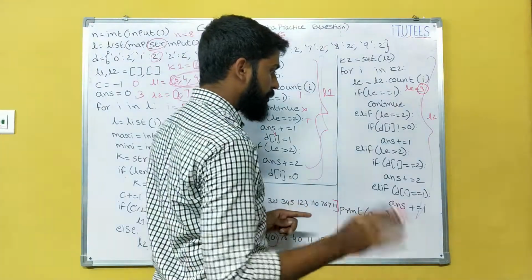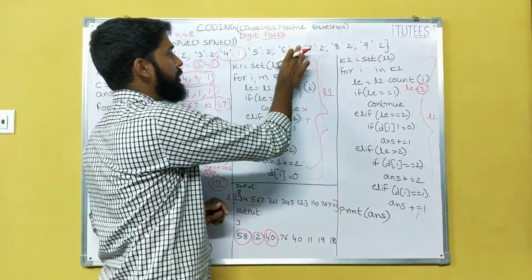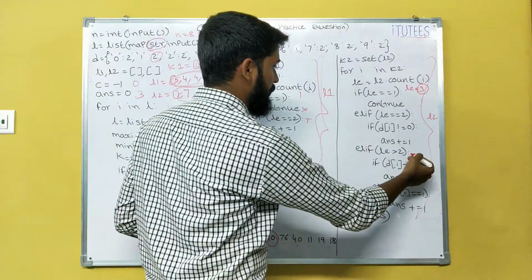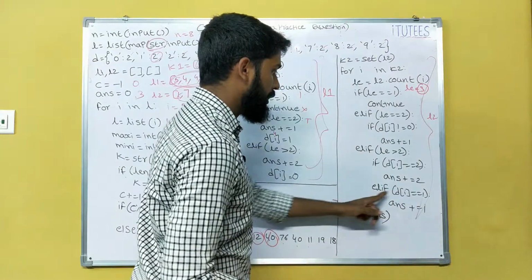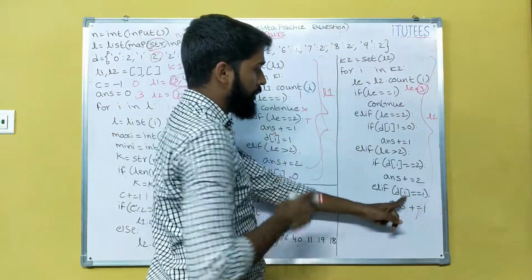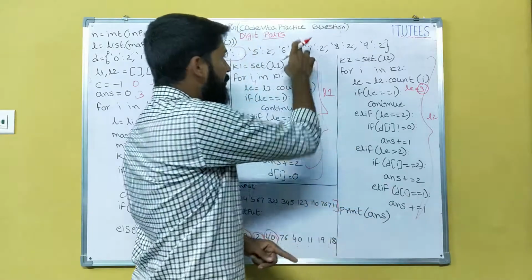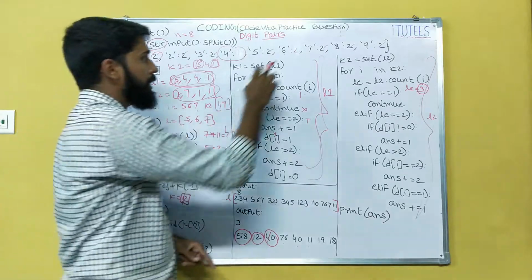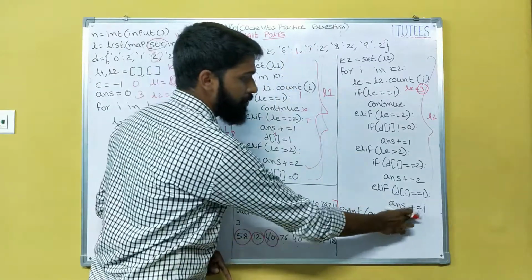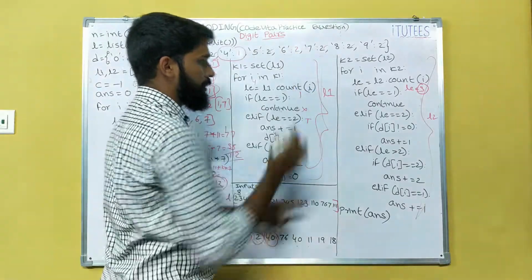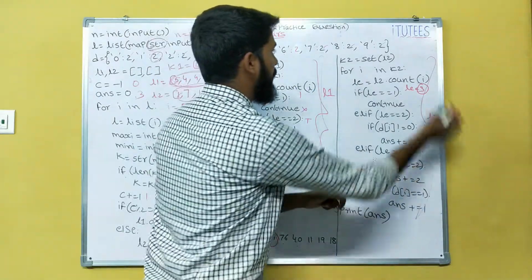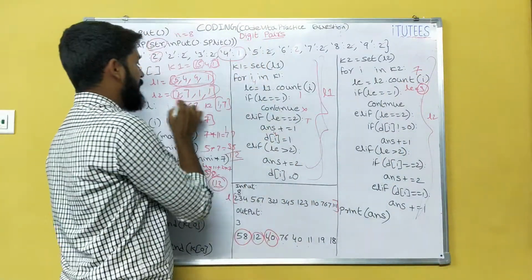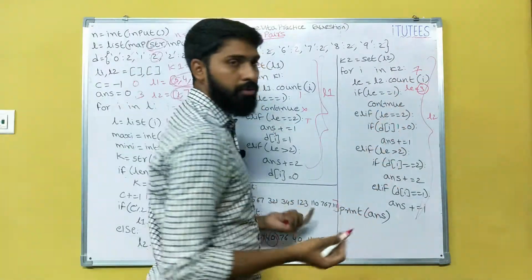For example, we consider there is a 6, 1. Now the count of 6 is greater than 2 here, but already D of 6 equals 1. In this scenario, you can increment the answer by 1 only. If it is 2, we can increment by 2. If it is 1, we increment by 1 only. So we can write like this. After the next iteration, I equals 7. How many 7s in L2? 1. So continue. That's it.